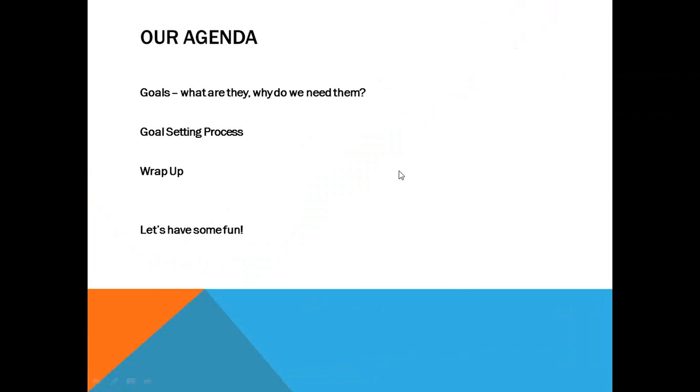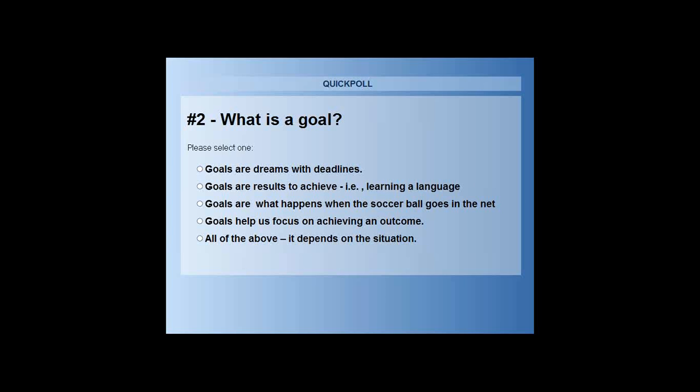So get your fingers ready to vote again, because we have another polling question coming up. We want to see how you're using goal setting in your own lives. And please don't think that there's going to be a test later or anything like that. Just go ahead and click here on this next polling slide about what you think the definition of a goal